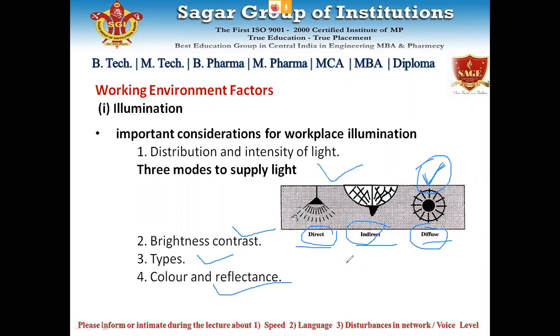Direct light provides the maximum light, but it is associated with limitations, because it is bright, so there will be shadow contrast and glare also. So the indirect light is less bright but causes less fatigue to the eyes, because direct light is like a 100 watt bulb, indirect light is like